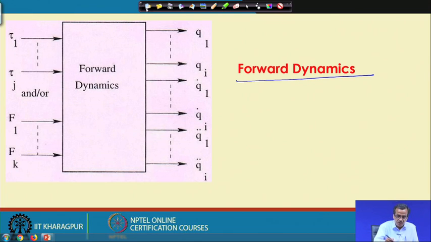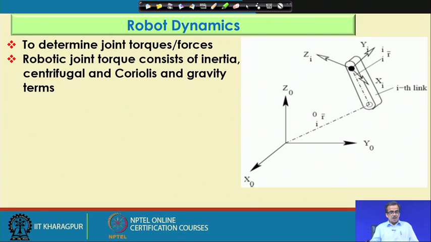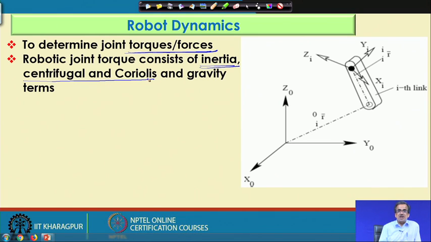So, I am just going to concentrate on the inverse dynamics. Now, as I told, the purpose is to determine the joint torque or the joint force. If I concentrate on the joint torque, it consists of a few terms. One is called the inertia term, another is called the centrifugal and the Coriolis term, another is called the gravity